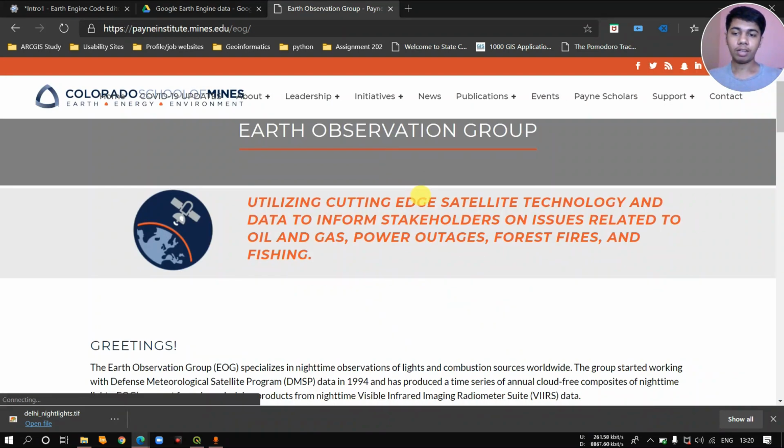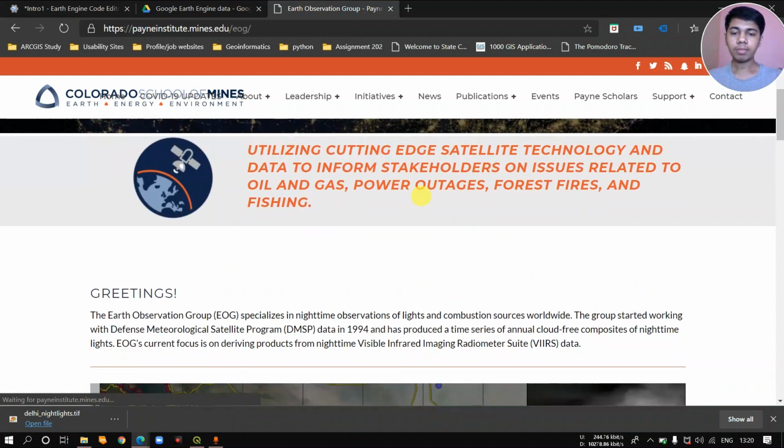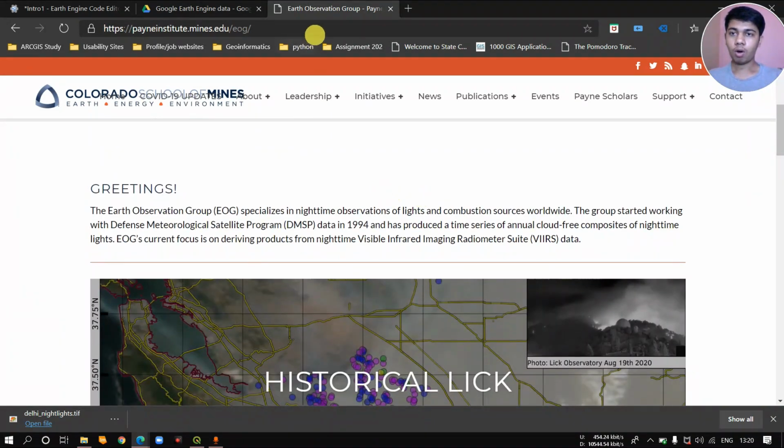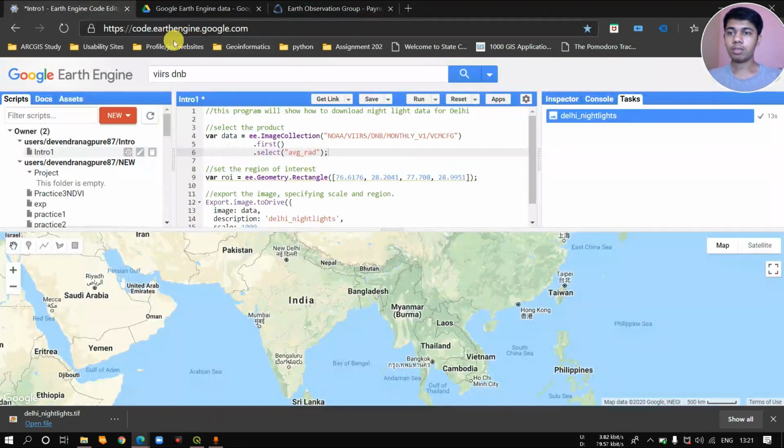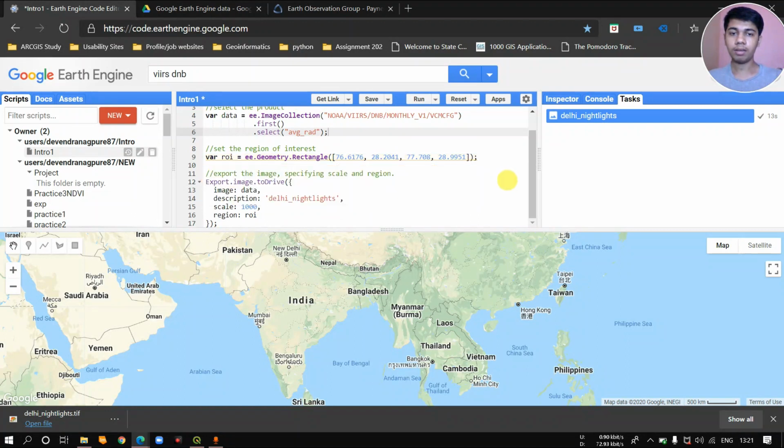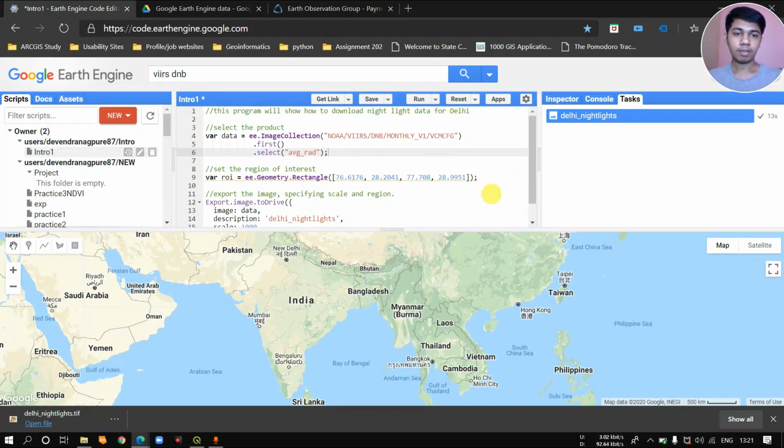So we don't require that much data. All that downloading and then extracting the data using QGIS software, and doing all those things can be easily reduced in Google Earth Engine by writing several lines of code, reducing our tasks.